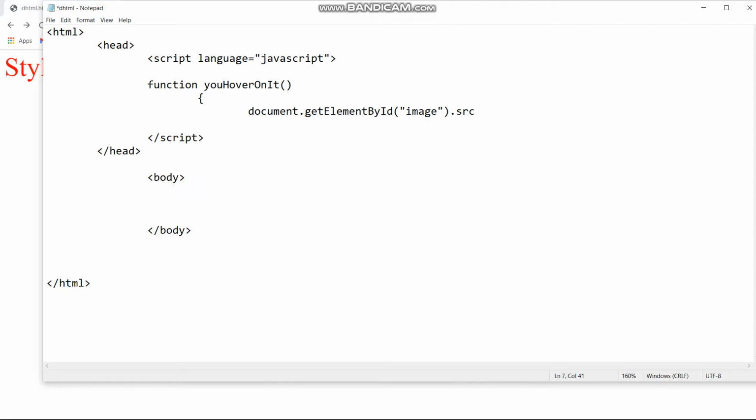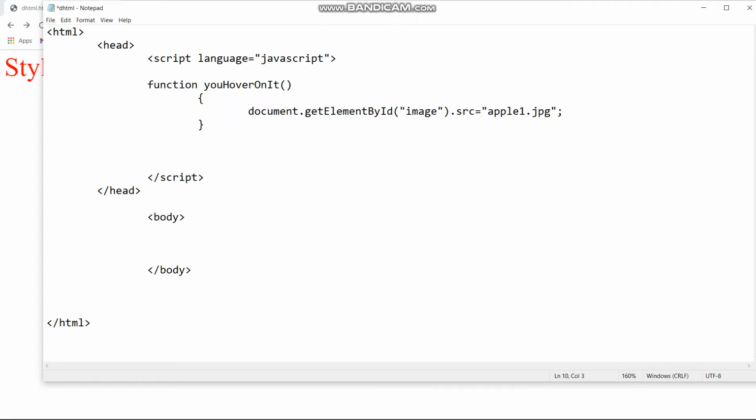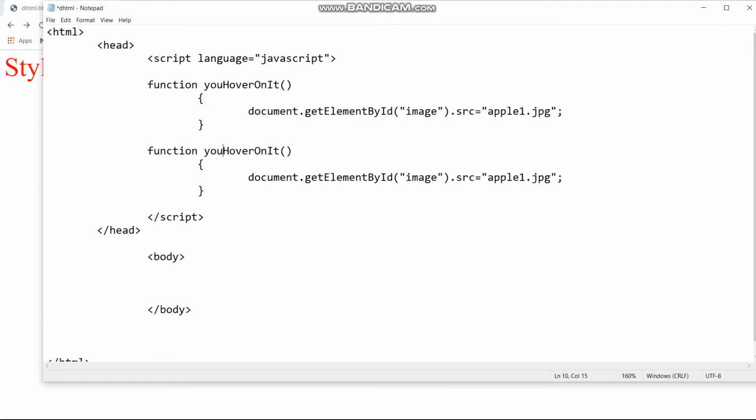So I have downloaded two files actually, which I have named apple1, this is a jpg file, and then another function which says I will just copy and paste it here, and I will just change the elements inside it. So the function says you don't hover on it. Now I will change this source file, that will say apple2.jfif. This is similar to jpg. If you don't want to write jfif, you can simply write jpg here. So I am being specific on it, so that's why I write jfif.